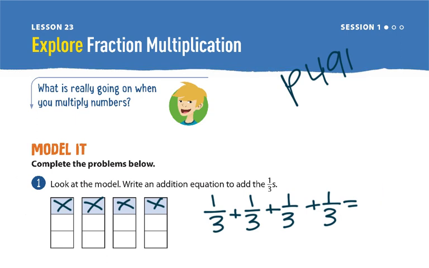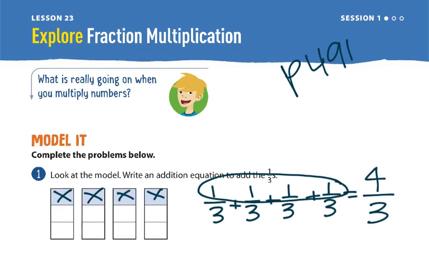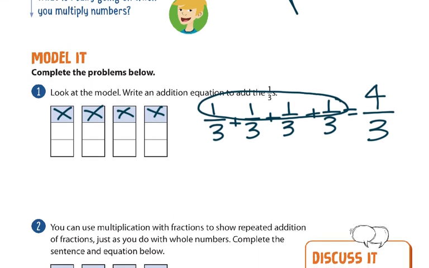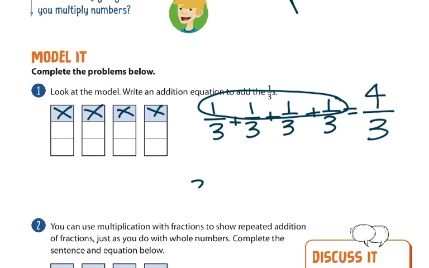Okay. All right. Do I ever change the denominator when I'm adding? Never. So that stays the same. I add the numerator and I get 4/3. That one, the way it is, is improper. So let's switch it